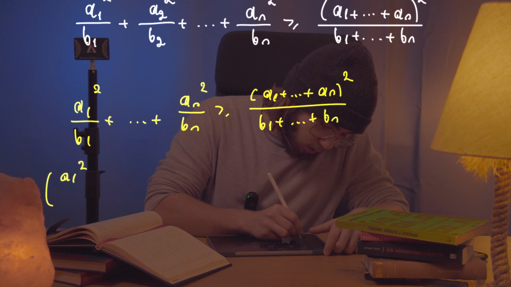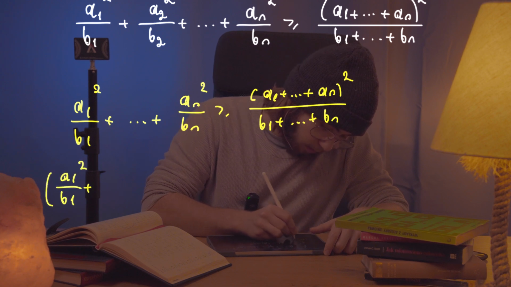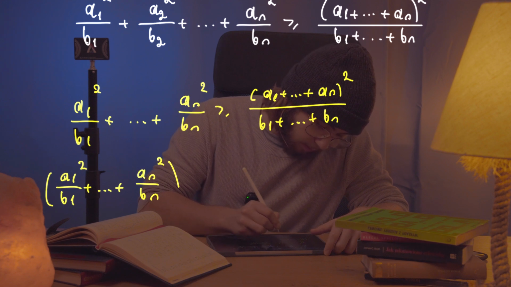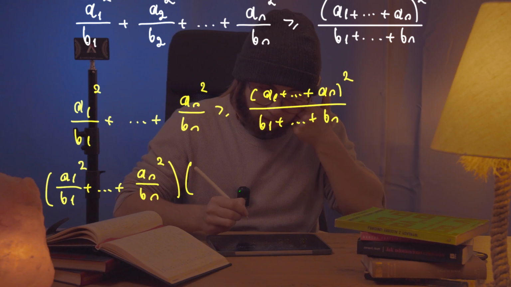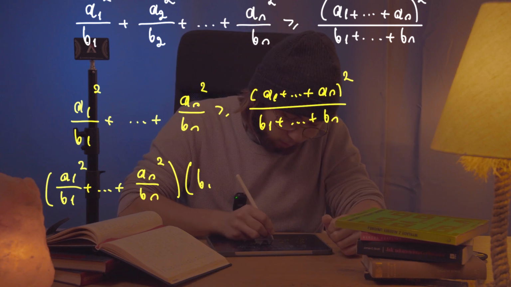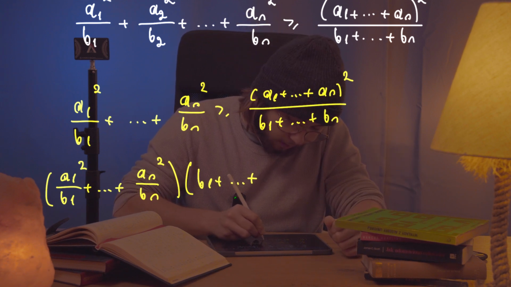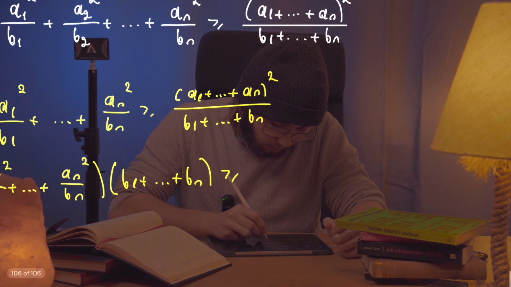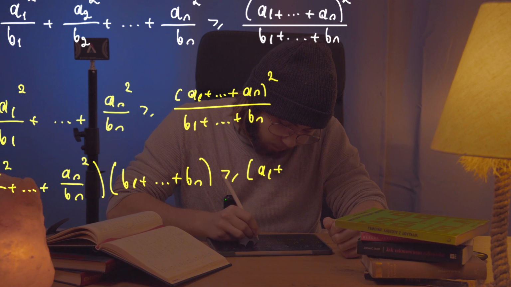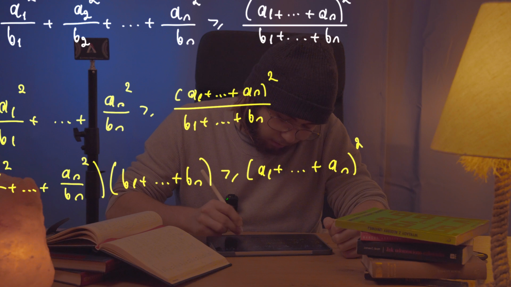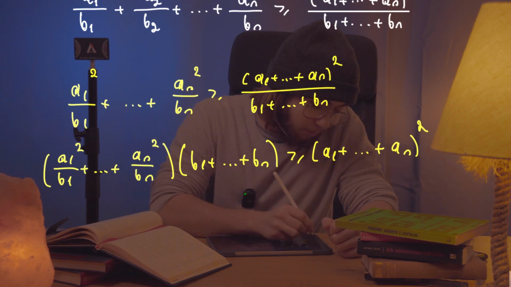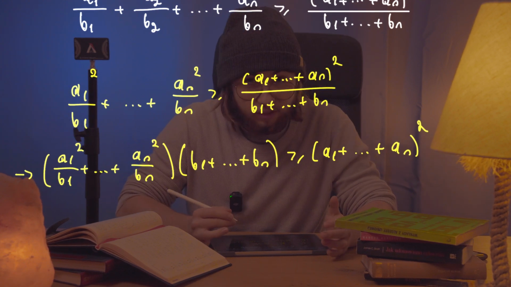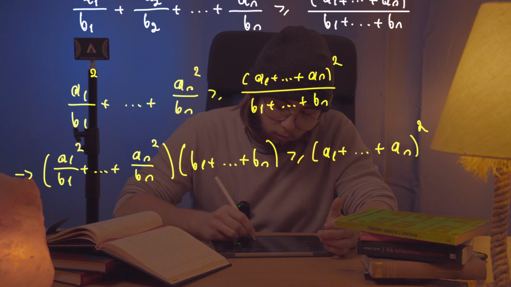of those a1 squared over b1 plus all the way up to an squared over bn, and everything will be multiplied by the sum of all of those b's up to bn. It's going to be supposedly greater than or equal to the squared sum of all of those an's. However, as you can see, this is exactly what the Cauchy-Schwarz inequality states, because what we see right over here,